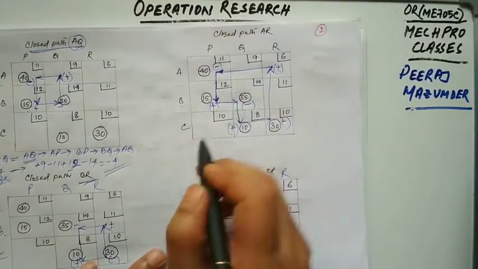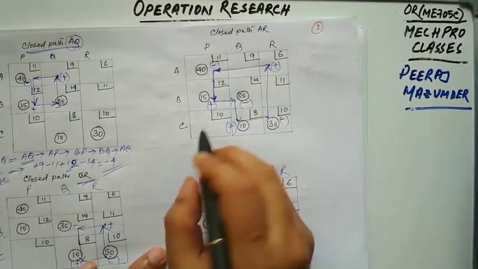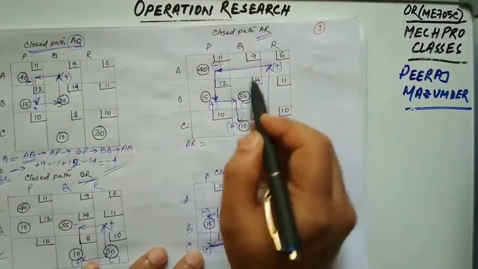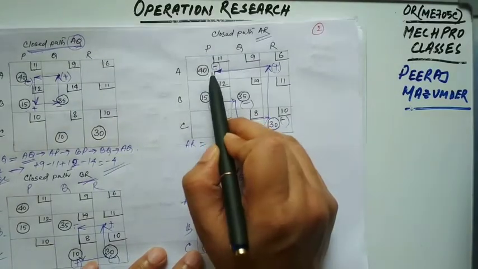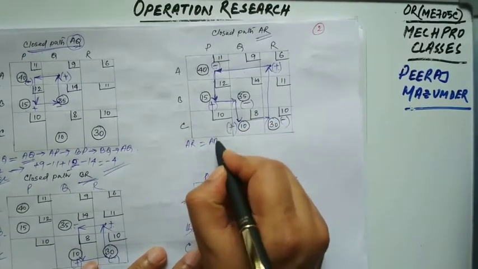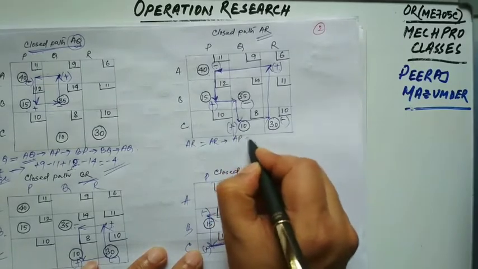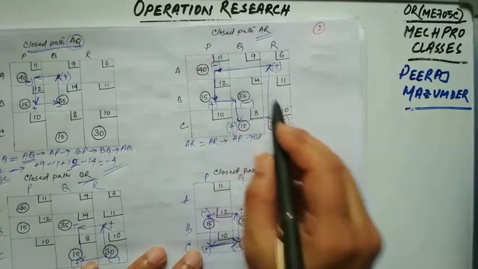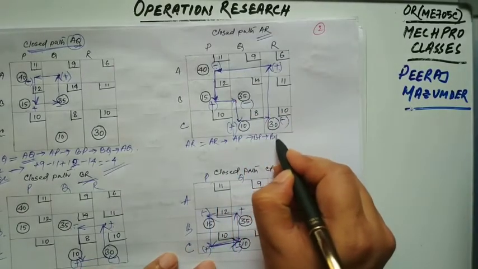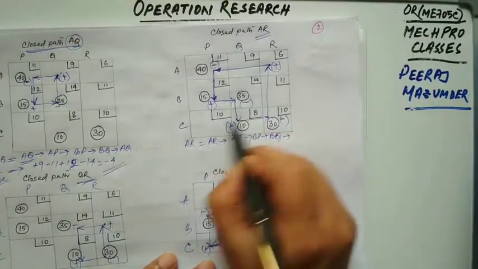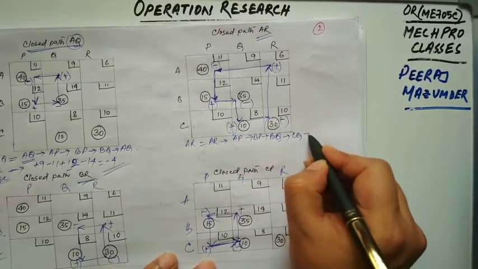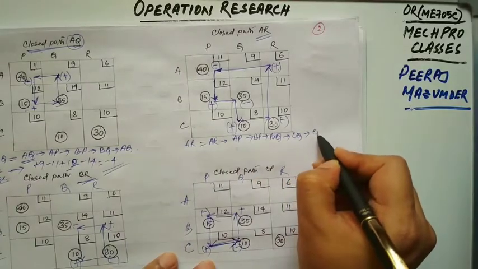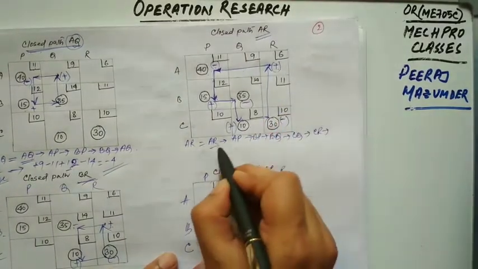Now let us calculate this one. Now I think you can calculate this one. See, this is the AR. So we have got AR. AR, then AP. So I can write the path for you. AR, then AP, then BP. Then we have come to BQ. Then we have to come to CQ. Then CR, and last we have to close the path, that is AR.